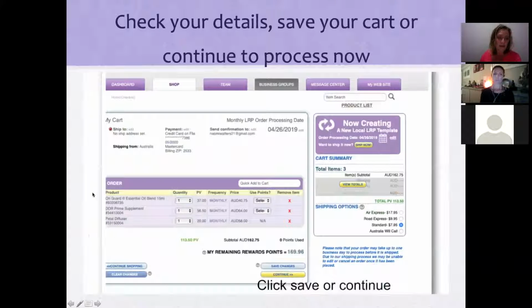Then you'll come up with your cart. If you've forgotten to add something, you can type it in here and quickly add it in, or you can go to continue shopping on this blue button down here. Up here, you've got editing the address. So if you want to send something to your mum and she lives in Queensland, you can get it sent direct to her. You can change your credit card details, your email address, and the date that you want it